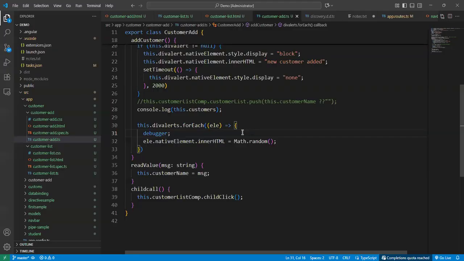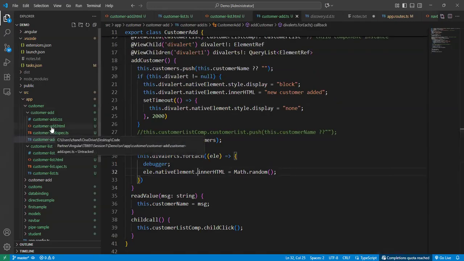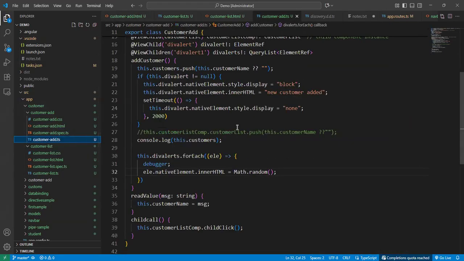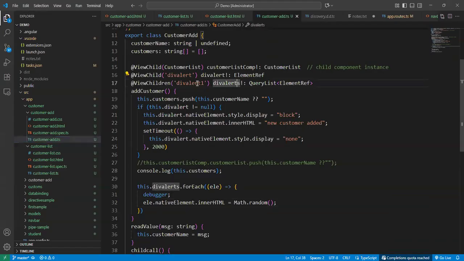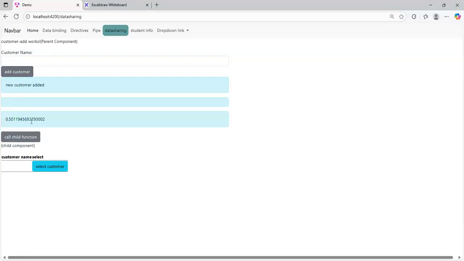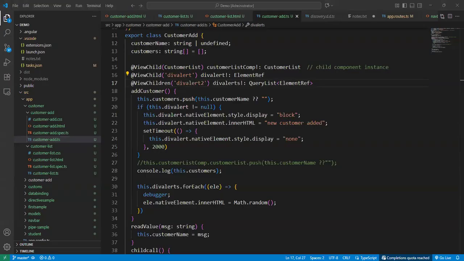And if you want to go on here for each first element, and suppose that we want to show on the children. Okay, we want to show this message in the second, then show in the second. So on here,